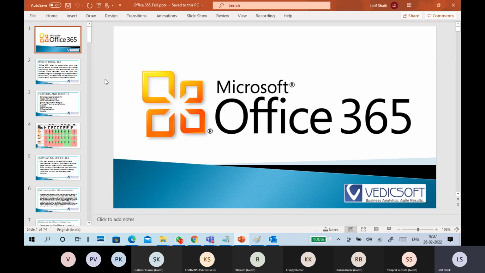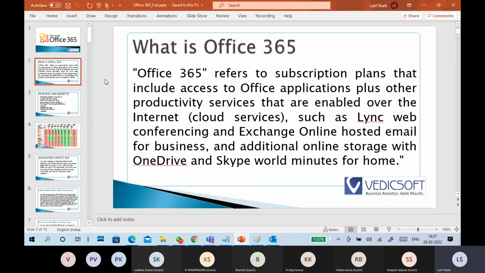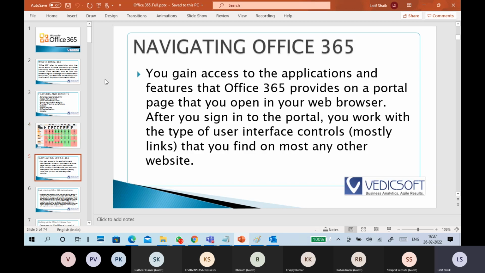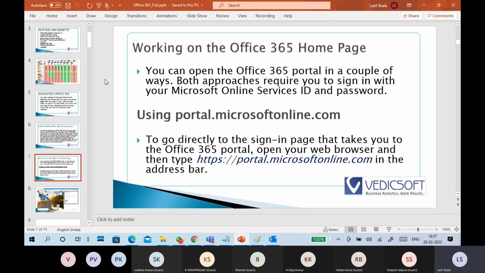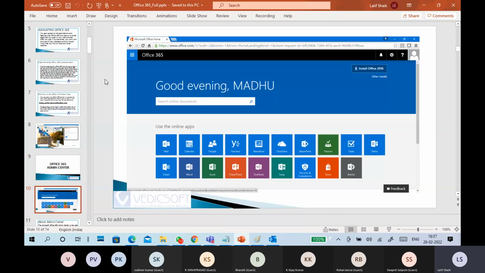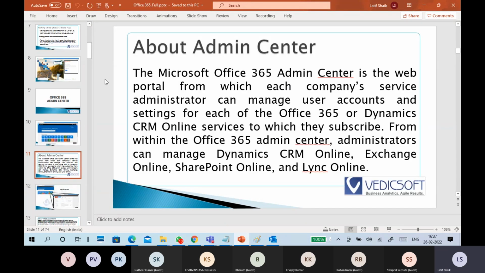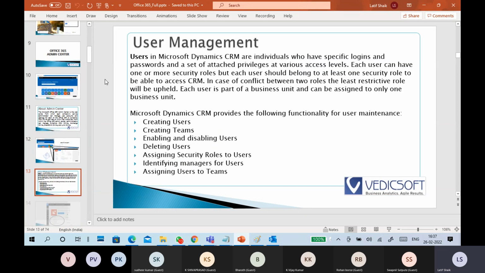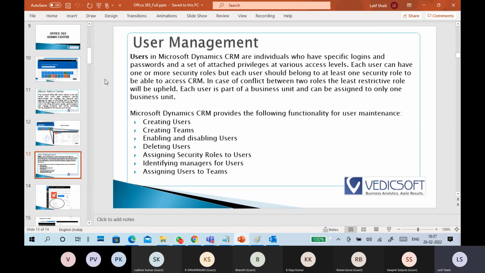Okay, not only within the organization, also outside of the organization. Guys, this is about what Office 365 is, their names and all. Just go through it once, like this Office 365 Admin Center. I already showed how it looks. Different apps are there. You can create an account and create teams. You can enable or disable users if you don't require them, assign security roles, identify managers to users, assign users